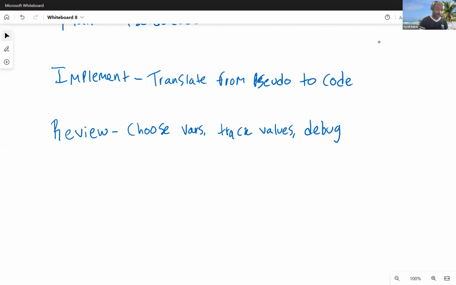And then the last step, and we probably won't start getting to this until the latter part of the course, is evaluate. How can I optimize my program, right? So how can I make this faster? And I suppose we won't be waiting until the end of the program, because we're encouraging using functions from the beginning. So the last step is to go back over and evaluate all the code you've written. Is there a way that I can make this faster? Is there a way that I can truncate this? Is there anything that needs to be encapsulated? Have I separated the things that are changing from the things that are not changing?